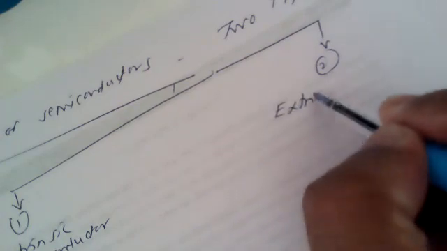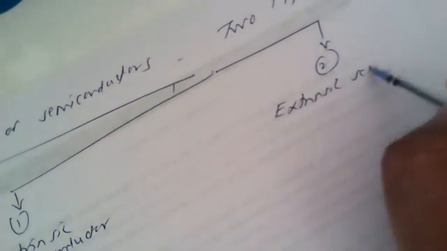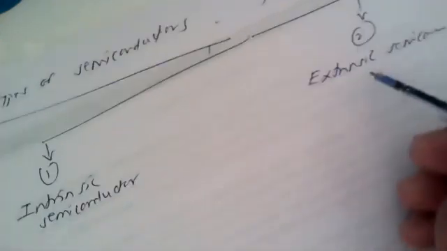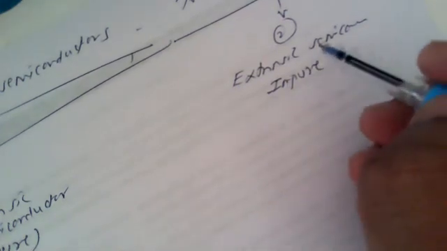The first type is known as the intrinsic semiconductors, and the second is known as the extrinsic semiconductors. Intrinsic semiconductors are also known as the pure semiconductors, and extrinsic type of semiconductors are known as the impure semiconductors,